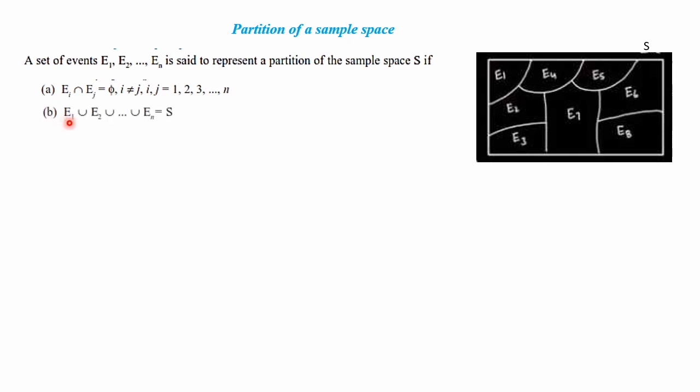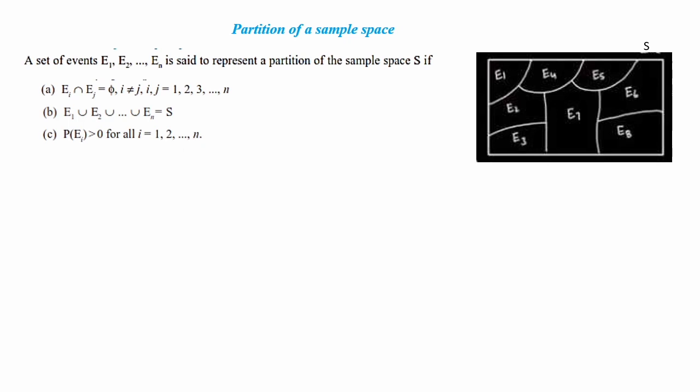Second condition is E1 union E2 union, etc., union En is equal to S. Means if you take the union of these events, you should get the sample space. That is the second condition. Third and final condition is P of Ei greater than 0. When you take the individual probabilities, it should be greater than 0 for all i is equal to 1, 2, 3, etc.,